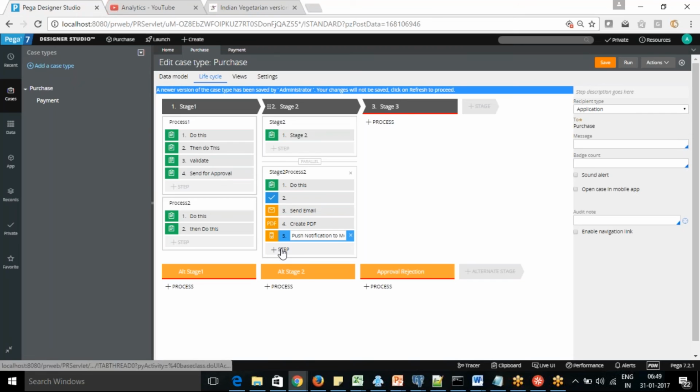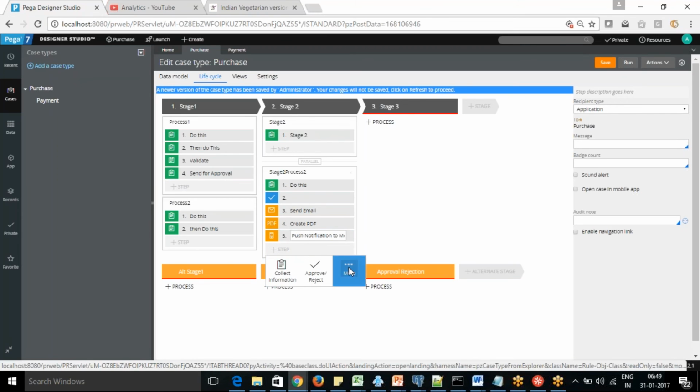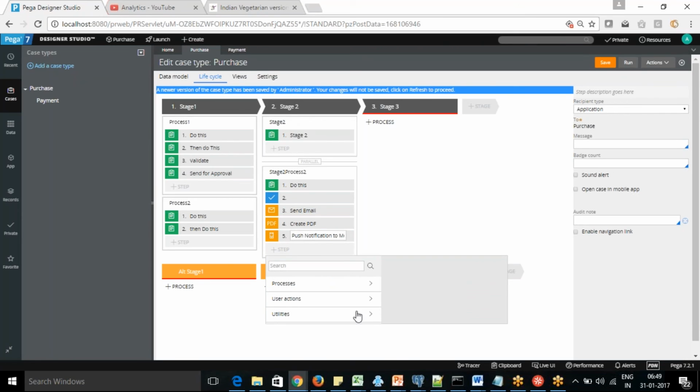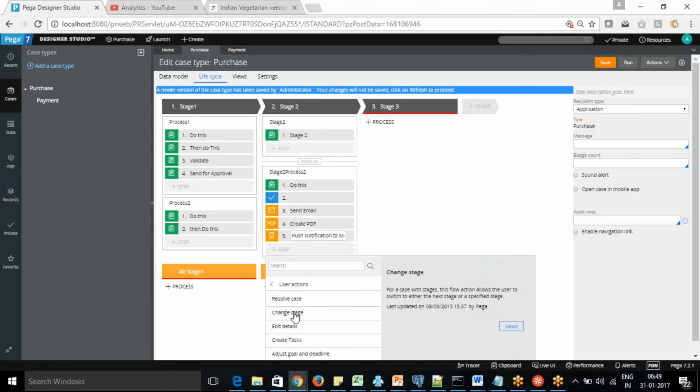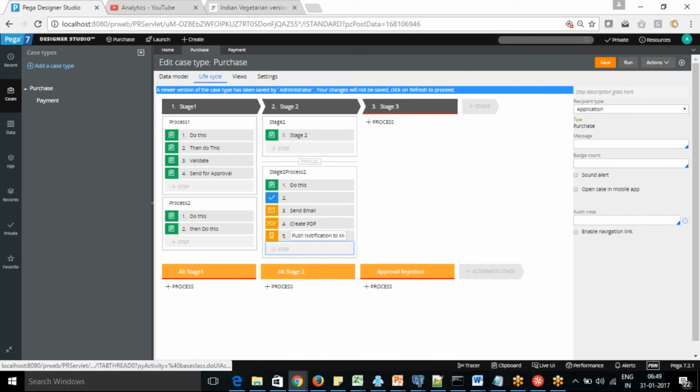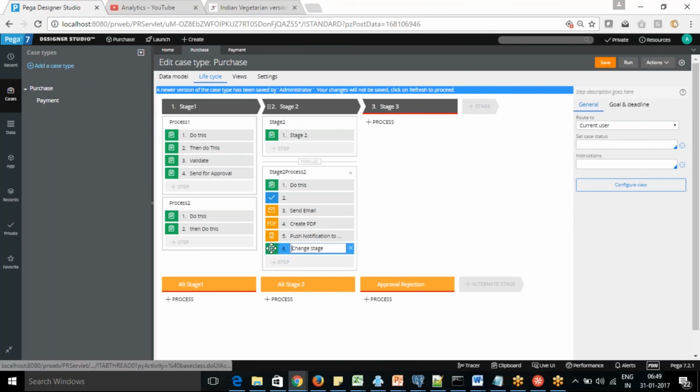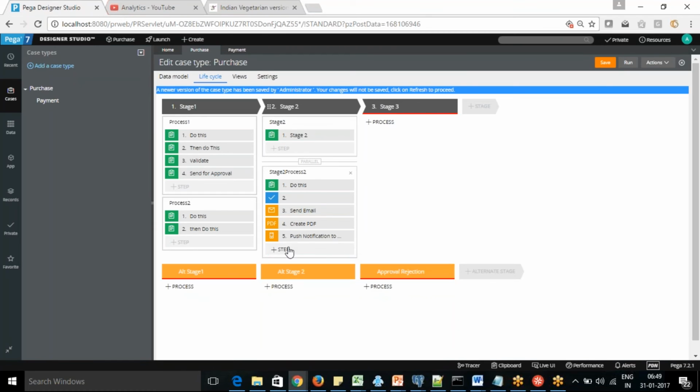There is one more thing, the change stage. In change stage you can get it from two places, and you can get it either way. So now from the change stage I can move to here, I can move it there. Okay. Why is the select like that? It should become a utility.